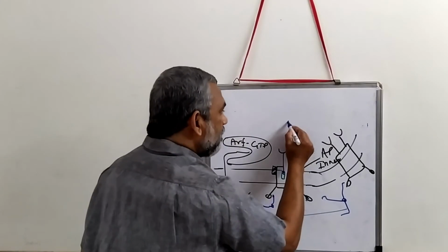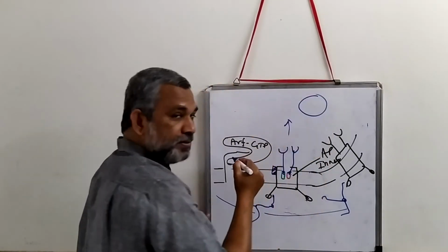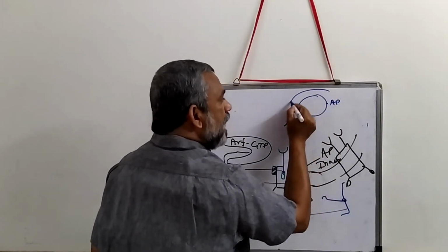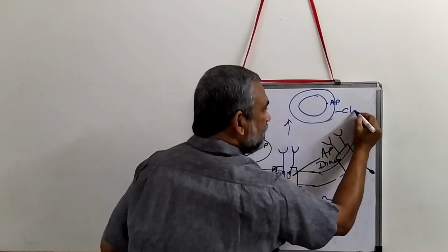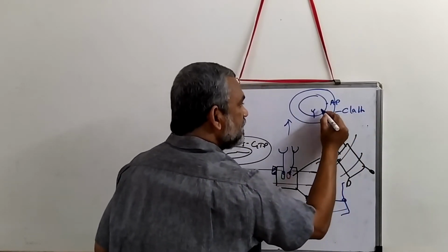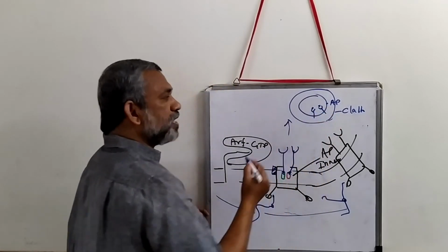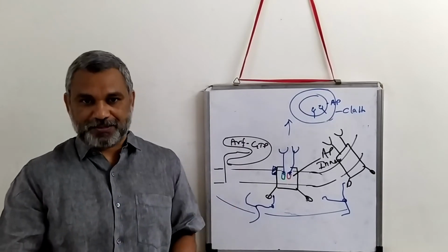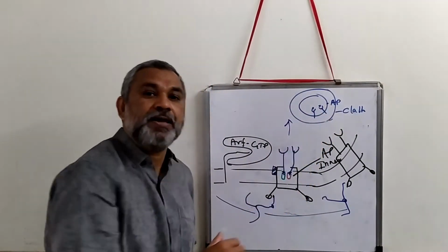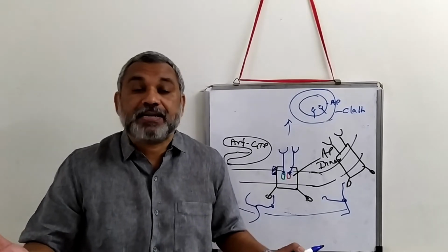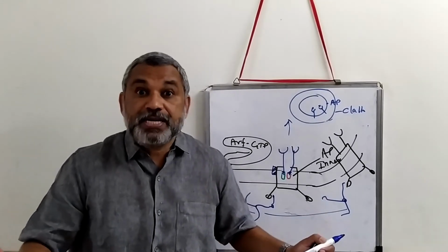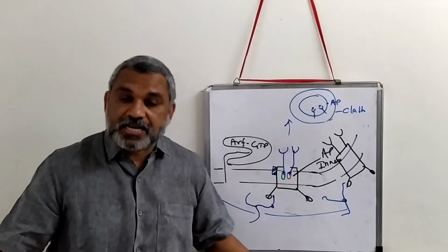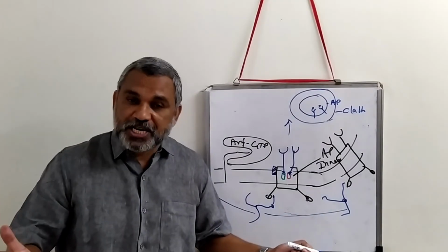So effectively what happens is you have a coat, you have a vesicle, the inner coat is made up of AP protein and the outer coat is made up of clathrin, and you will have the receptors inside which are binding to the cargo, and this is how the clathrin coated vesicles are formed. So therefore, you can have clathrin assembled with 28 triskelion, or with 36 triskelion, or with 60 triskelion. It will form different shapes.